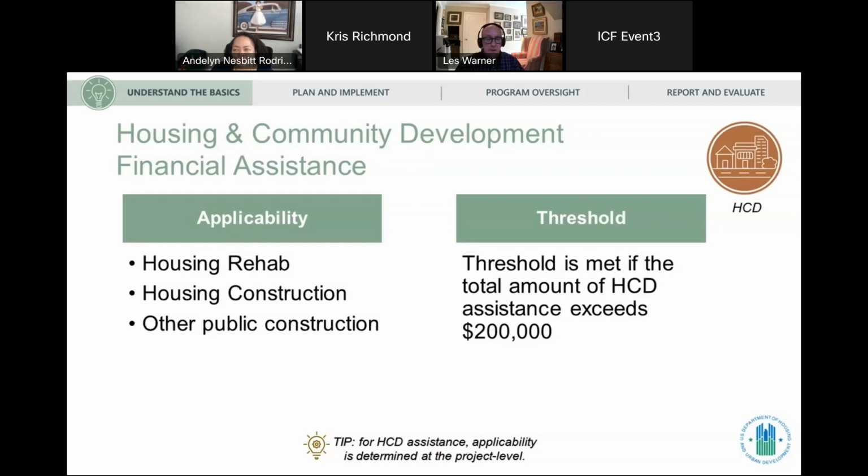And so if I am an agency worker that qualifies as a Section 3 worker, I'm going to be calculating how many qualifying hours were worked during the last year. I worked 300 hours, Andelin worked 200 hours. And so we're going to be reporting those. Here's our total, here's our qualifying hours.